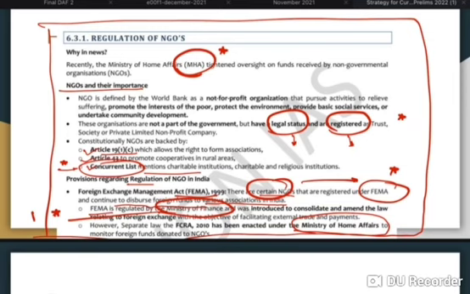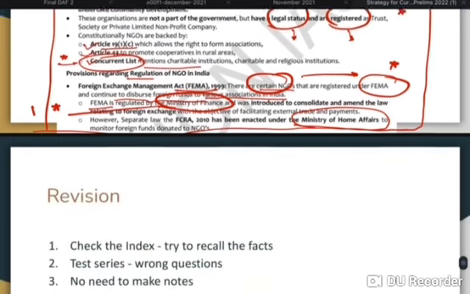So now you observe, I've circled all the important parts of this page. And when next time you come to see this page, you just need to revise these circled parts. And if you do this for all the booklet, all 100 pages once, then you can very easily revise these current affairs booklets in 1 or 2 hours. So this is the strategy, and make sure you follow it.